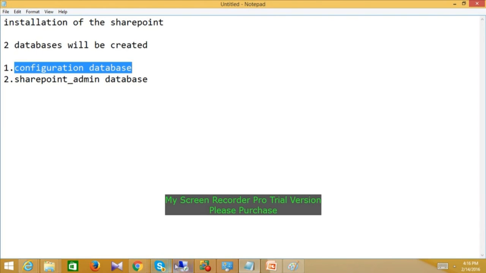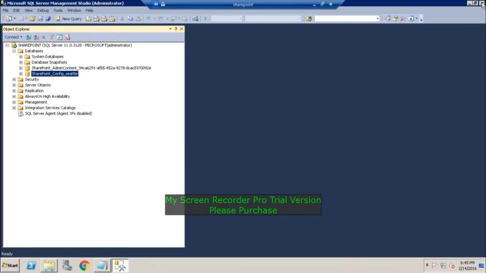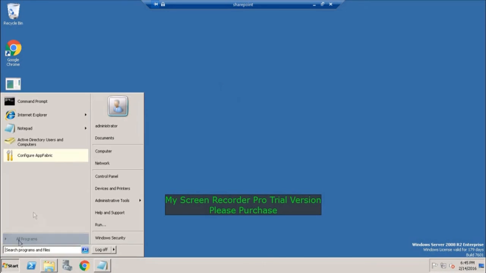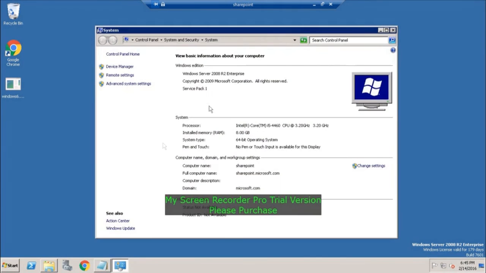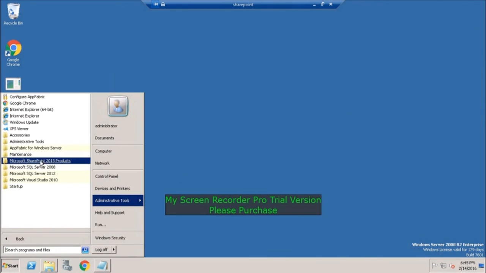Next, just to see, this is the server. What server am I using? Windows Server 2008 R2. Once you install SharePoint, we will get one folder, Microsoft SharePoint 2013 Products. Click on it.